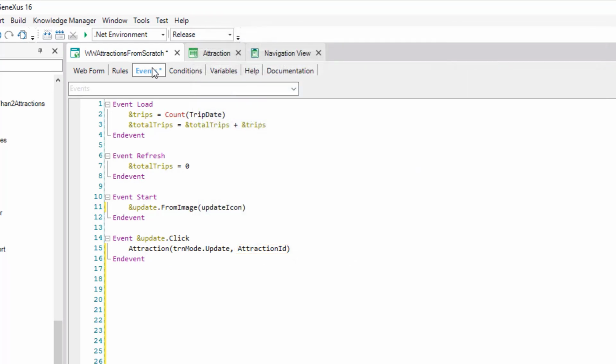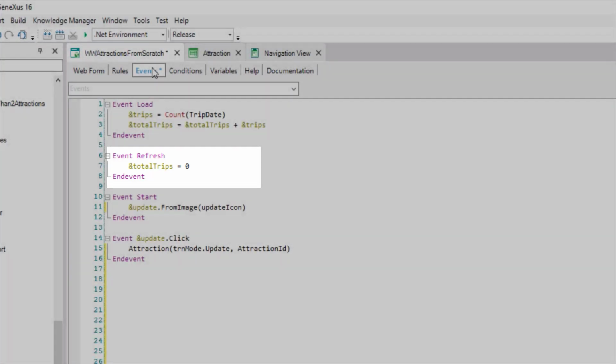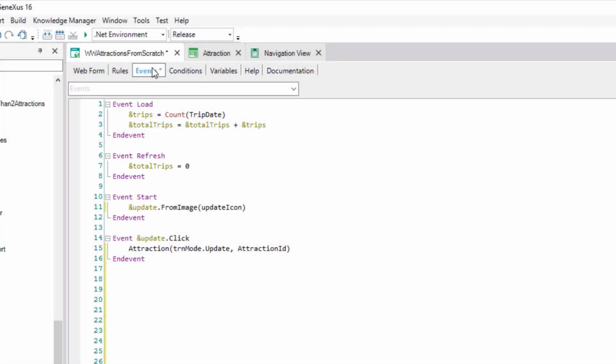From these options, clearly the most convenient one would be within the refresh event, since every time we change any of the filters, this event will necessarily be triggered. And that's when they would be saved in the session variable so that we can retrieve them when returning from the transaction.